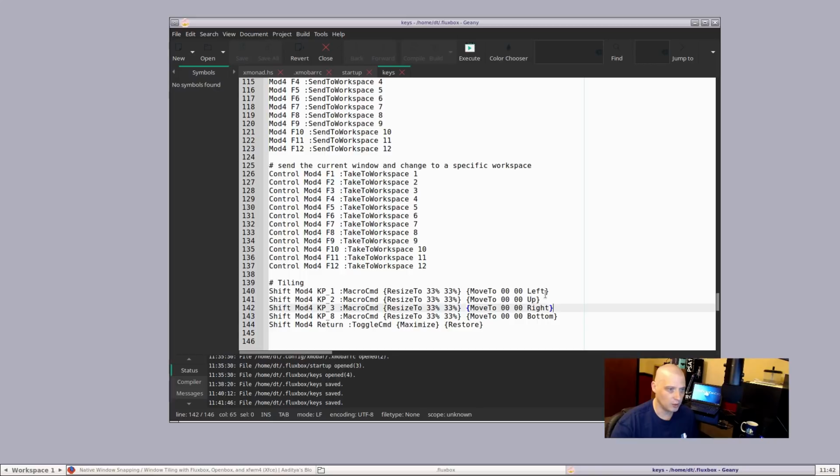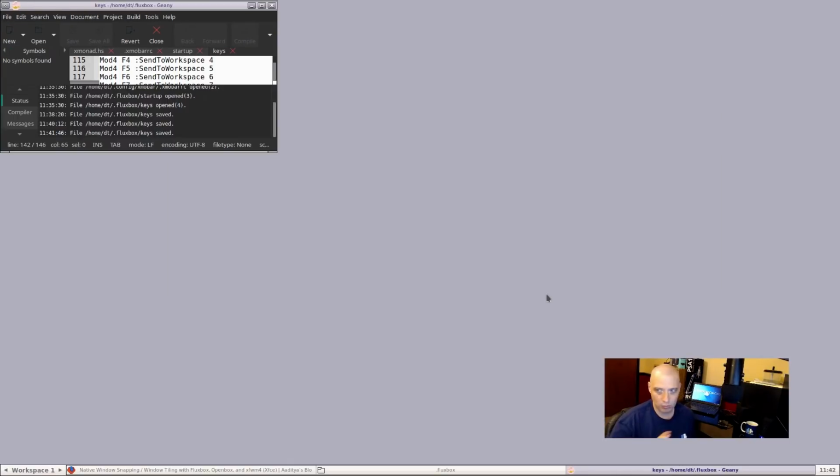For one thing, I notice keypad 2 is not working correctly. Super Shift keypad 2, I want it at the top, centered. I'm getting the top, but it's not centered. So